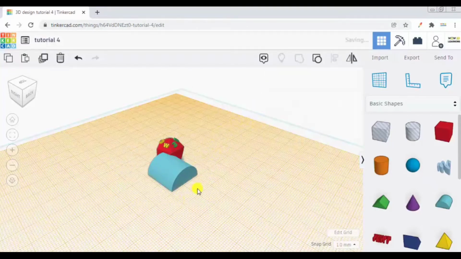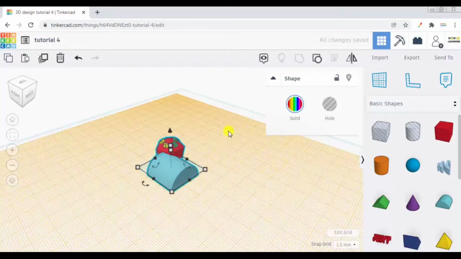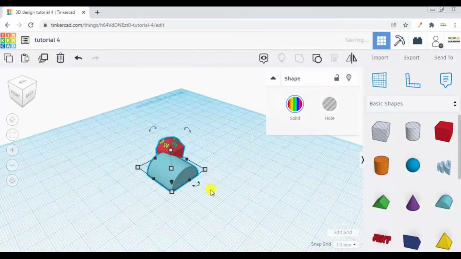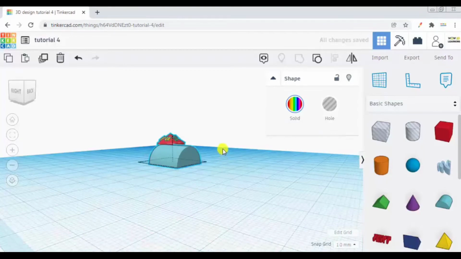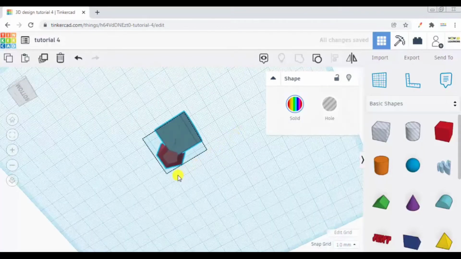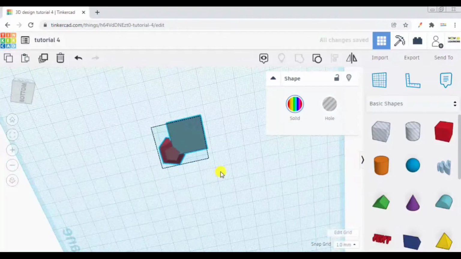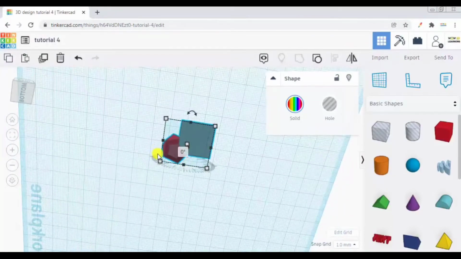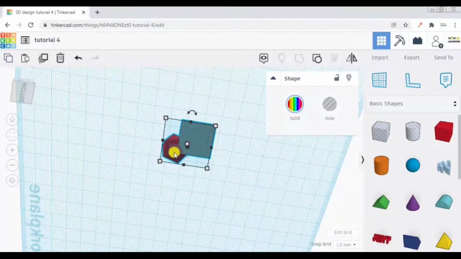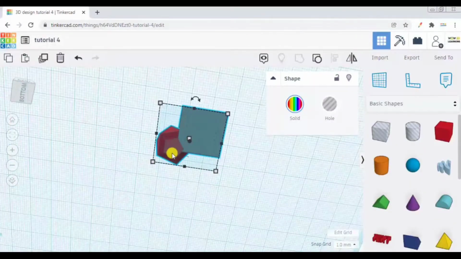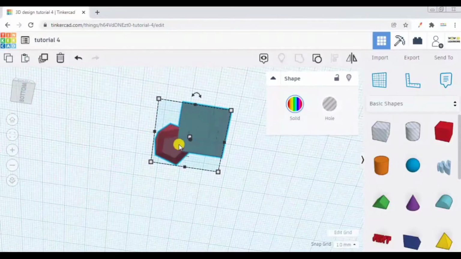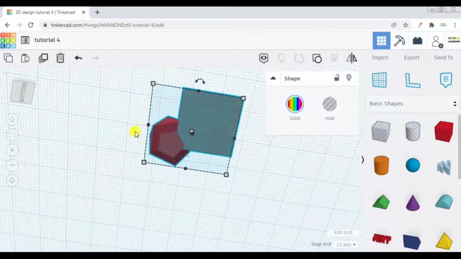Now to get out of this orange work plane, we will again drag it and click somewhere outside to go back to the original work plane. Now if you go to the bottom, you can see the icosahedron part which was plunging out is now completely plain. Now this whole model is eligible for printing.